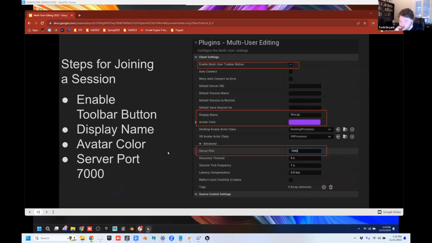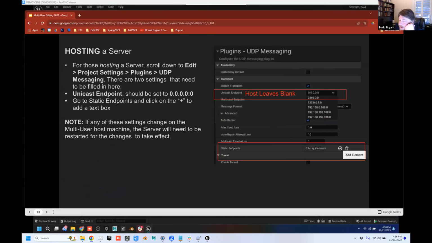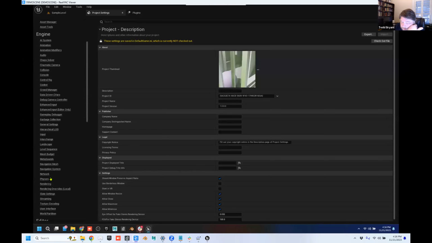All right. Next thing we have to do, we're going to host a server. So that's a computer that's remote. You guys don't do this. I'm going to do this myself, so just watch me for right now, if you're not trying to catch up. I am going to set up just the server remotely. Again, you don't really want to run the server on a computer that somebody's going to be using, because it will eat up resources. So remotely, I'm going to go to project settings and